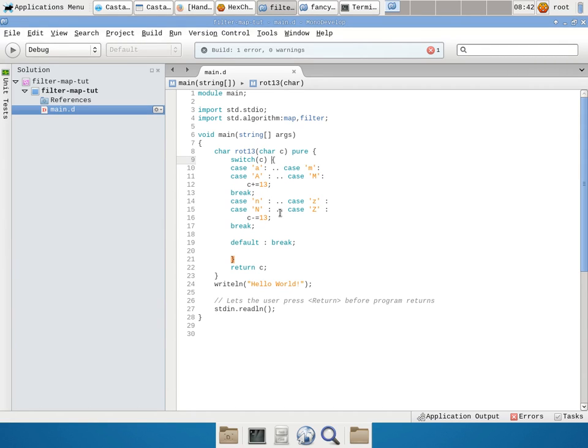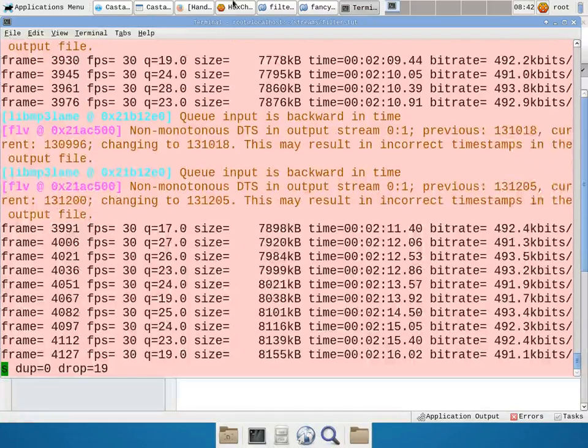Well, now this is my example. We'd like to apply this function to a string. So we'd like to say writeln(rot13("hello world")), right? This would be nice if D would automatically recognize it takes a character, but we apply it to an array, and now apply it to every element in that array. And if we now try to compile this,